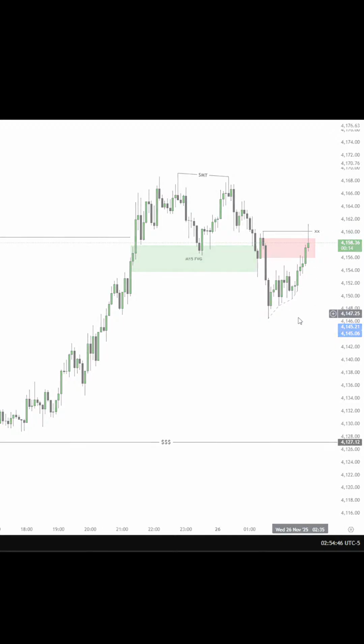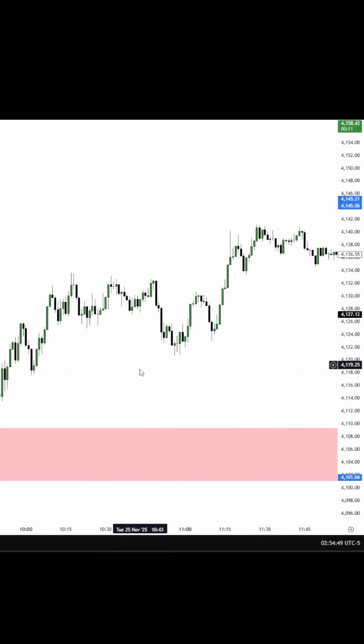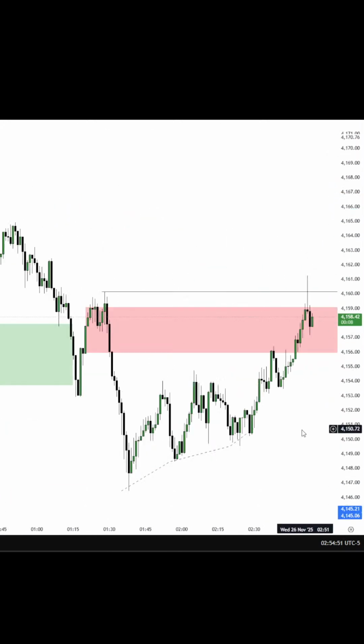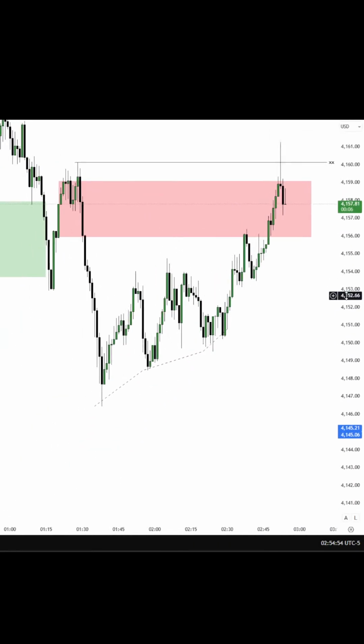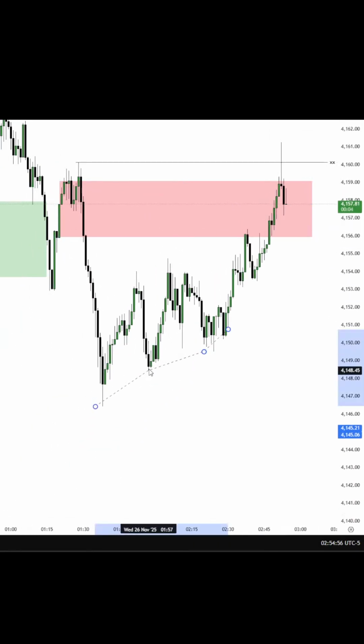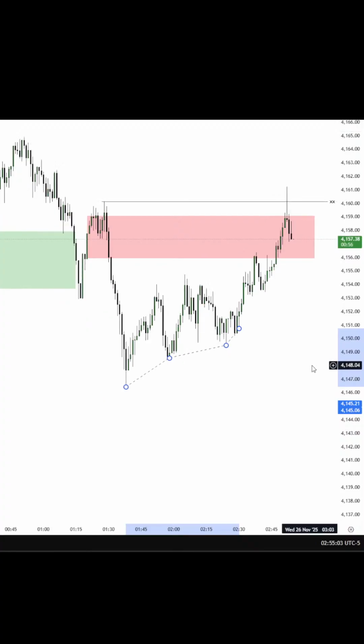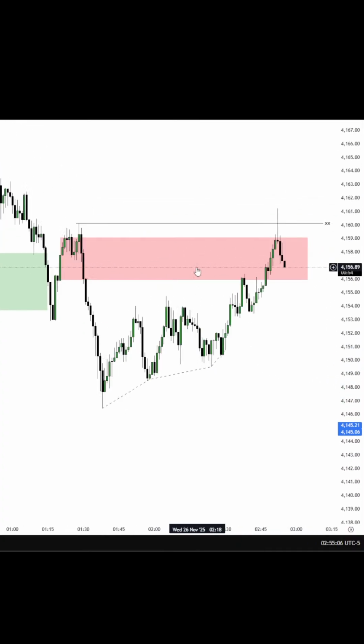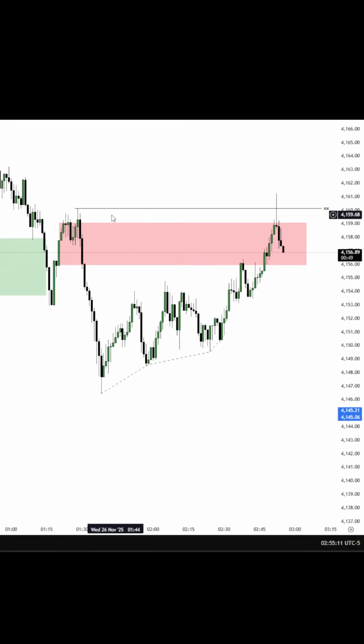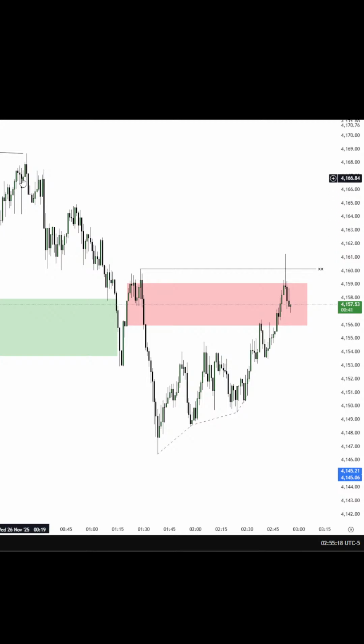What about 1 minute chart? Is there any clear view? So this is 1 minute chart. Let me draw this liquidity clear. So you can see here in 1 minute chart we can see this liquidity has been taken and the market has tapped in the